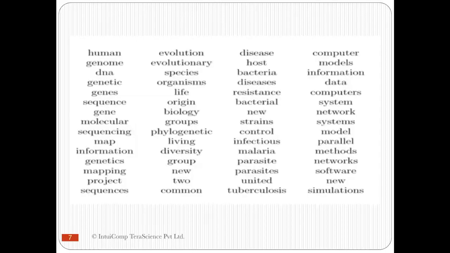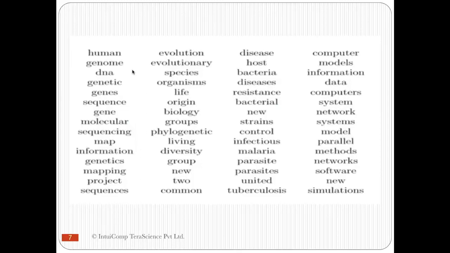We have talked about topics for a while now, so let us understand what a topic essentially is. A topic is simply a set of similar words. For example, in this figure, there are four topics: 1, 2, 3, and 4. If we look at topic number 3, we can see that it has a lot of similar words like disease, diseases, bacteria, and resistance. While topic number 1 also has a lot of similar words relating to human genome, genetics,